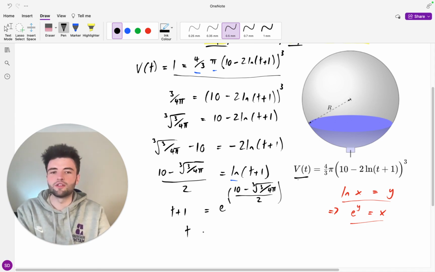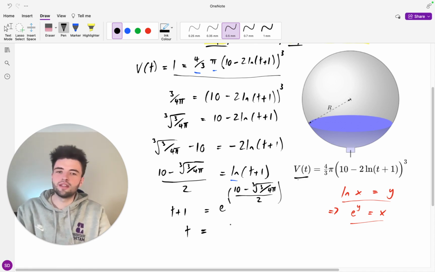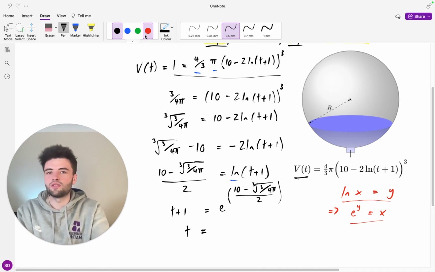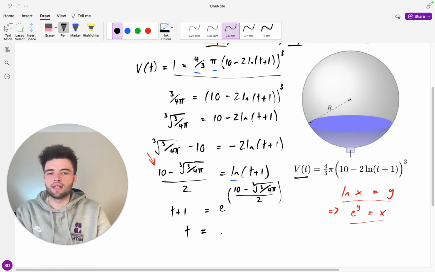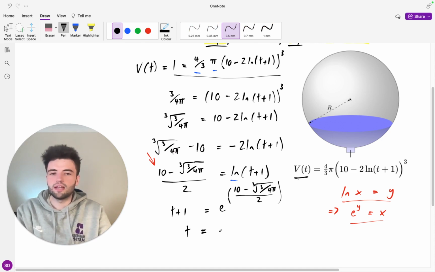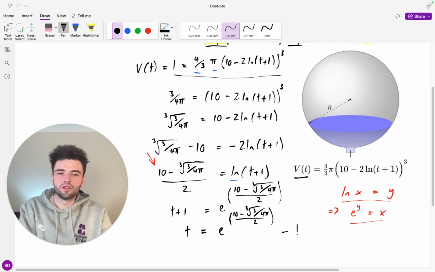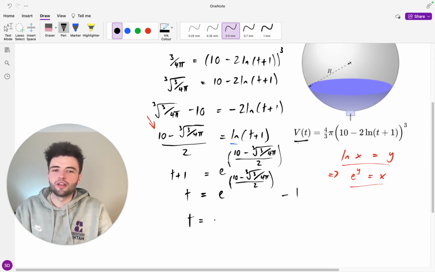And so I know this is getting to be quite a complicated expression, but the reason I did this is just to make sure that we get an exact answer. I mean, it's essentially okay to simplify into a number at this stage, but I've just done this to show that you can do something like this without ever using a calculator until the very last step. But that means that t is going to be all of this minus 1, and so we can just plug this in now, and we're going to get a value of